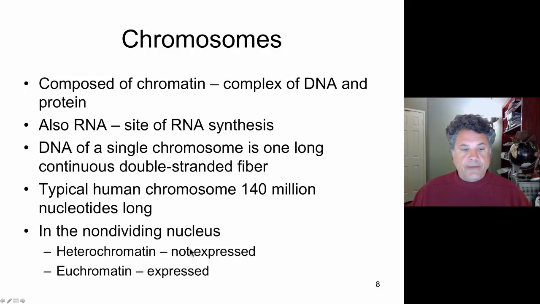So we left off talking about heterochromatin and euchromatin as representing different states of the packaging of chromatin, either tightly packed chromatin in which the DNA is coiled around proteins and those proteins are coiled into superstructures that represent highly condensed chromatin, or euchromatin that is more loosely packed chromatin in which the DNA is more accessible and can be expressed and can be transcribed.